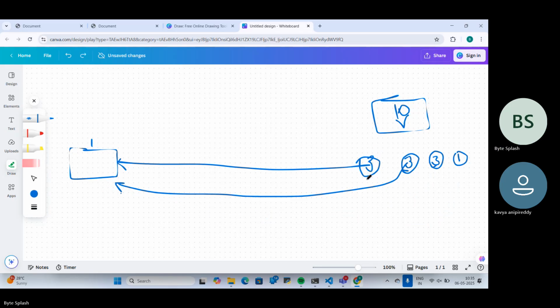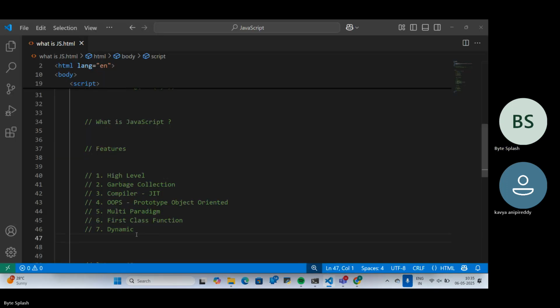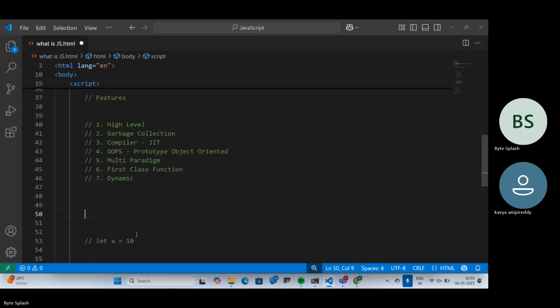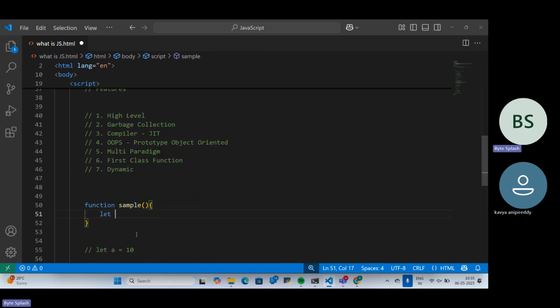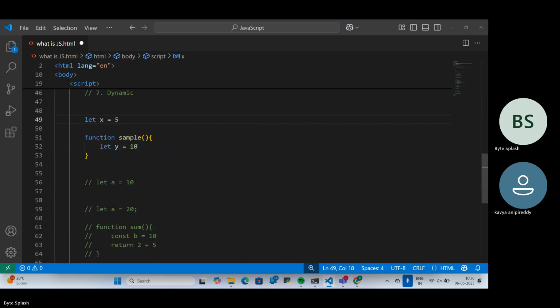అర్థమైందా? అర్థం కదా? ఎగ్జాంపుల్ బాగాలేదా? So here, function sample, let y equal to 10. Let x equal to 5. I have not declared x, right? Yeah. So then again